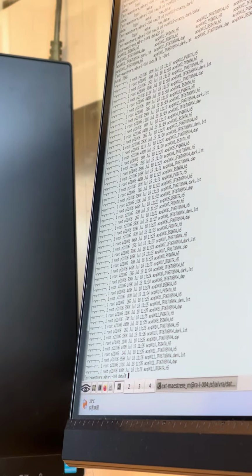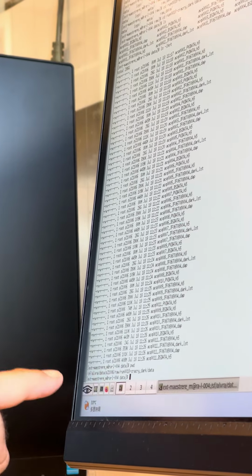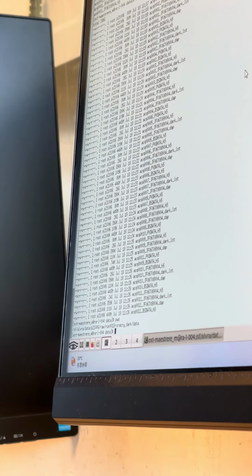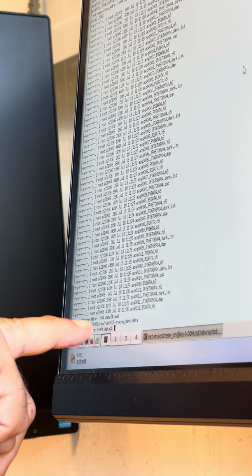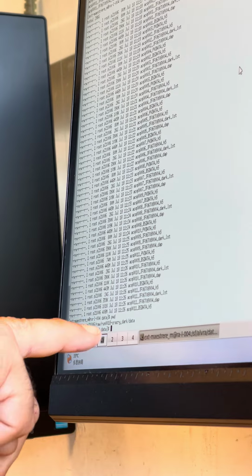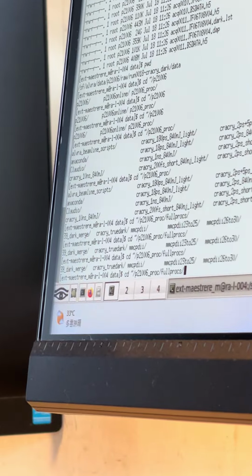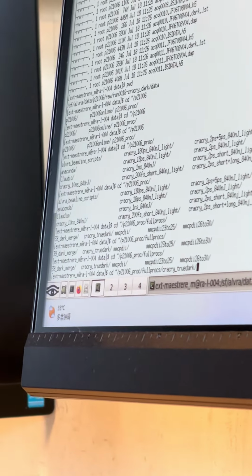Okay, so notice where you have to go. SF Alvra, okay? So on the run and all that. So SF Alvra, P21006 /raw / the run you want to use, and then data, okay? So now what do we do here? Well, we go back to P21006 proc, full procs, crack rate through dark, what's the name of it? Run 18, detector,